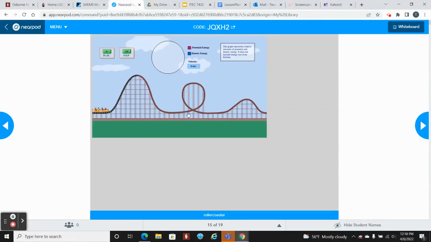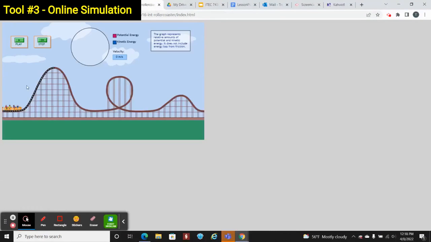What you see now is a simulation. Students will view this simulation and see how energy changes from the beginning of a roller coaster to the end of the roller coaster. Clearly, you can see how the amount of potential and kinetic energy changes along the roller